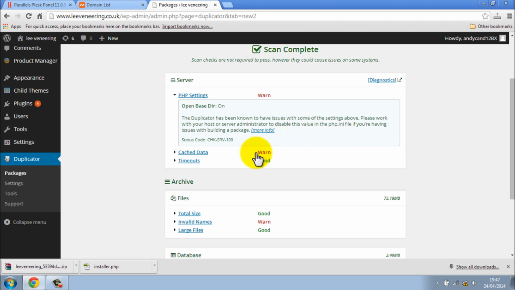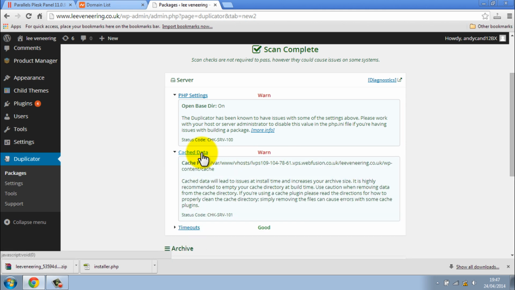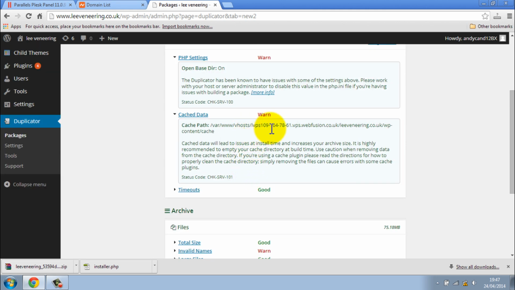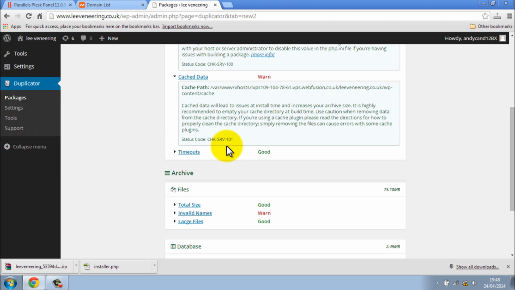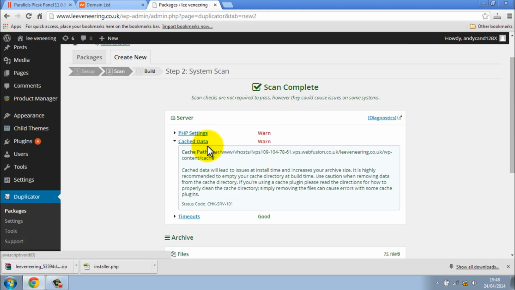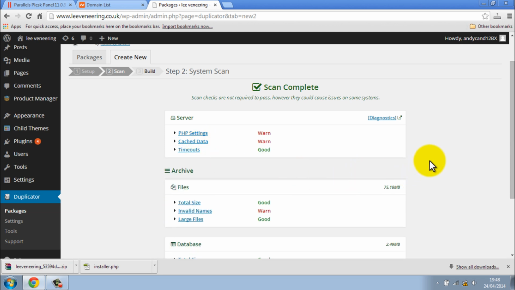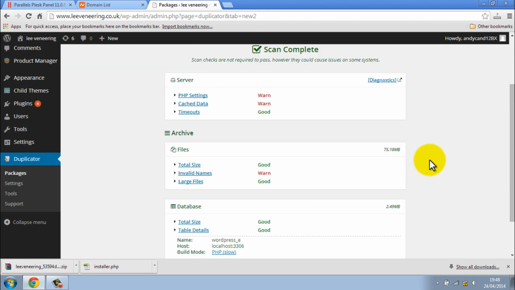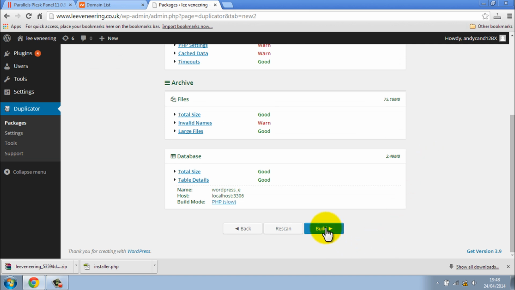The cache data has got a warning on it because I use cache plugins. In the cache, you need to empty your cache, it's too big. You may get a total size warning because of the size of the actual site. A lot of the time you can generally get away with it, well, we'll see with this particular site, because it's pretty large. Anyway, so we'll go down to the bottom and we'll click build,